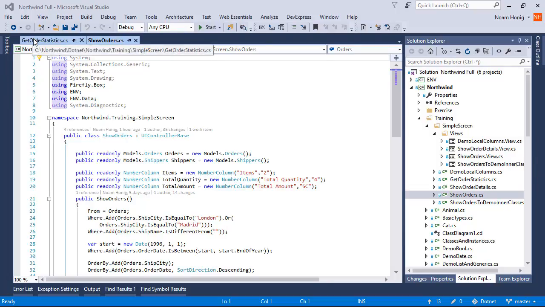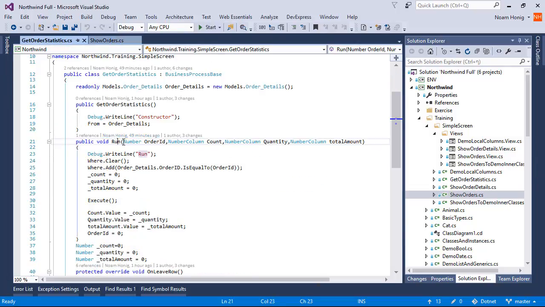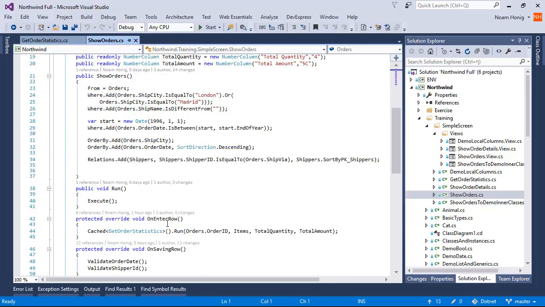So we have the getOrder statistic controller that receives these 4 parameters, and we have the showOrders controller that is using it and sends all of these 4 parameters. But what if we don't care about these 2 values and we don't want to send them as parameters? If we try to delete them,